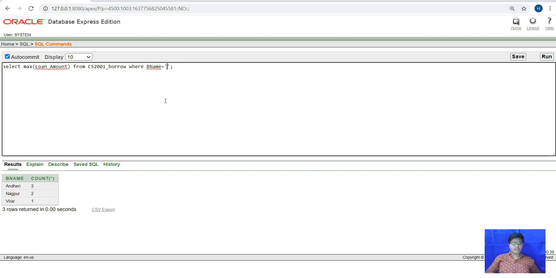When we run, we get the maximum loan amount of the branch Virar.